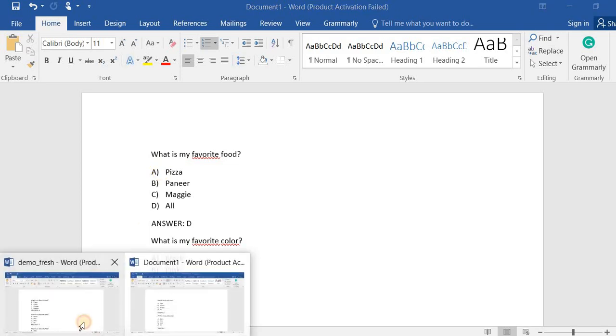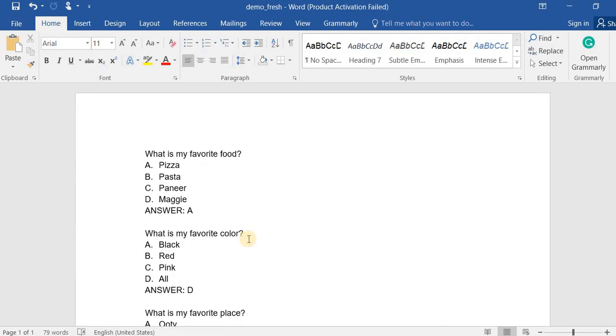A dot or brackets can work. Both are correct, but you have to mention a dot or a bracket and then a space. If you don't give any space, then an importing error will be generated. Your answer text should be capitalized, followed by a colon, a space, and your answer. So I think it is pretty clear to all of you.